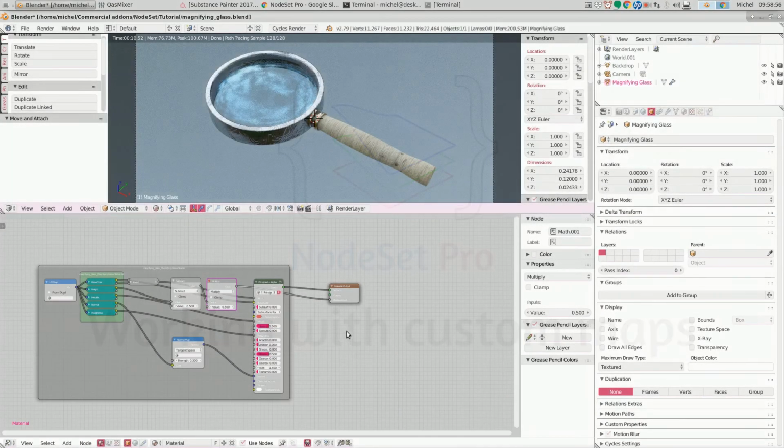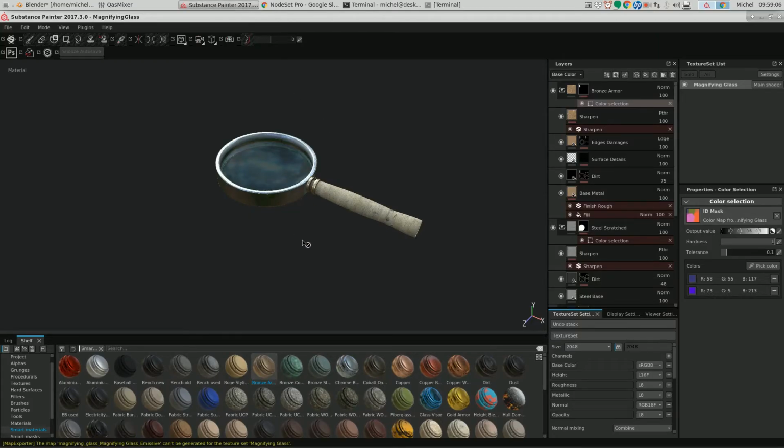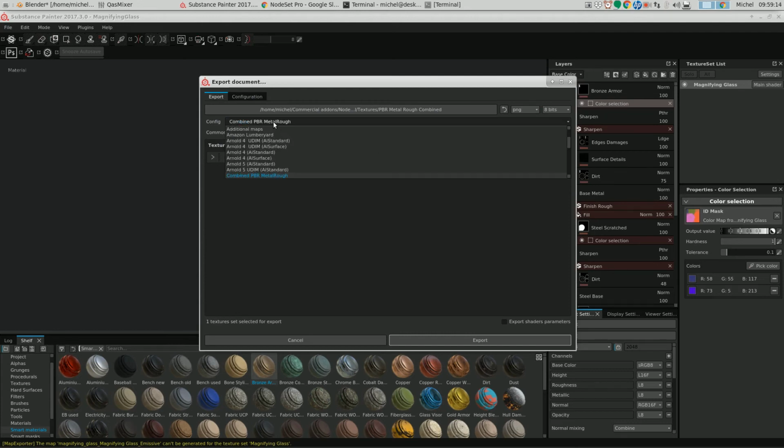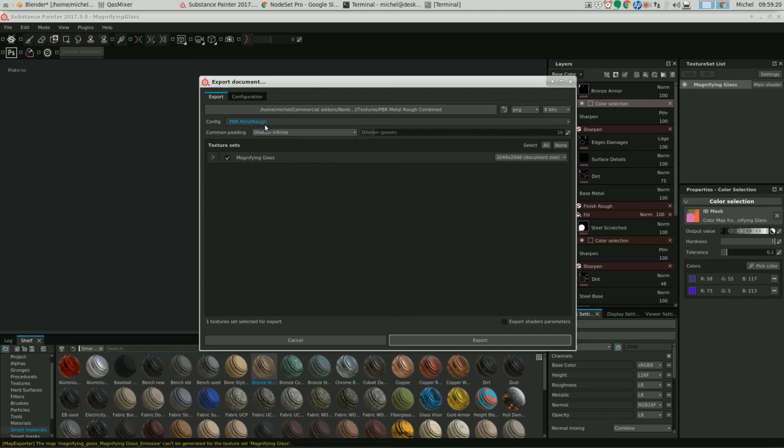The next thing I want to show you is how you can use combined maps or custom maps. Now let's have a quick look at Substance Painter. And this is our map, and if we export textures, the original export was done with the built-in configuration PBR Metal Rough,